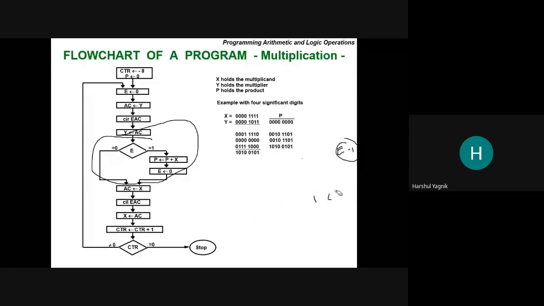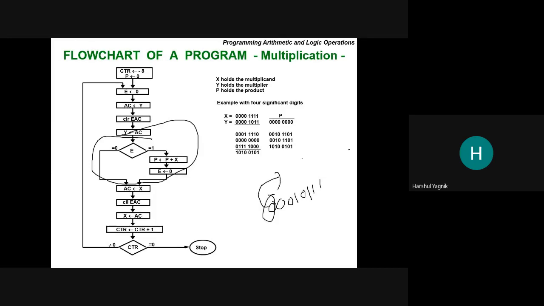When we are shifting this, 1 0 1 1 1, every time we shift, the most significant bit of the multiplier is affecting the E flag. The E flag is the value of this multiplier. So in whichever bit we find 1, that many times we have to add this multiplicand. So how will it be done?